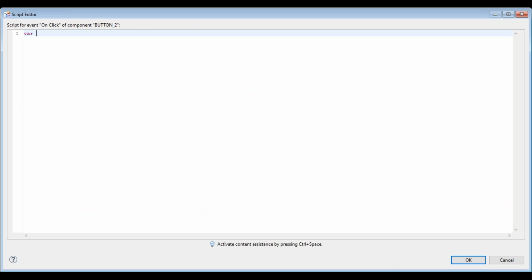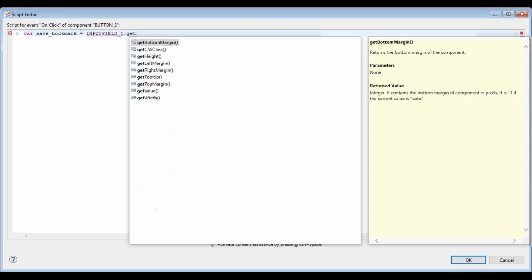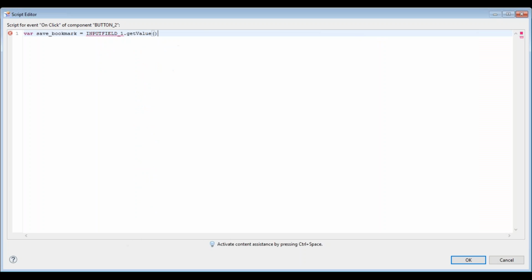First, capture the input of the input field. So define a variable, save bookmark or something, any name you can define, and capture the input field. We want to get the output of the input field, right? So get value. This statement is clear. We are getting the input, whatever we write in the input field, and we are saving that input into the save bookmark variable. This is clear,